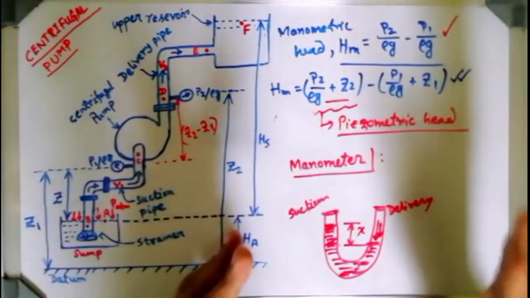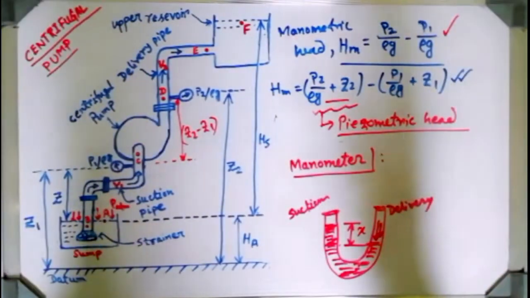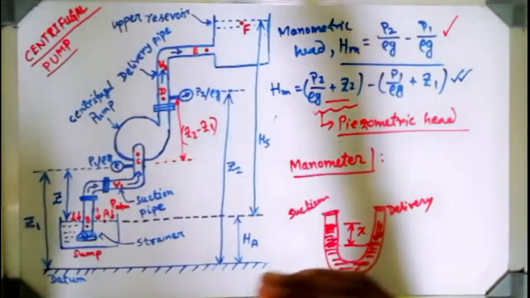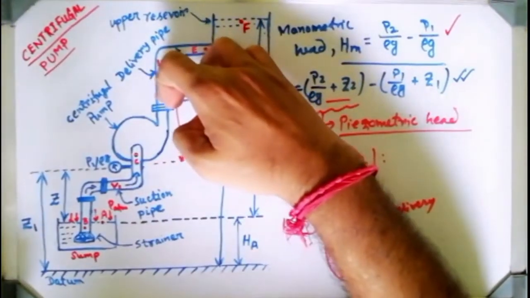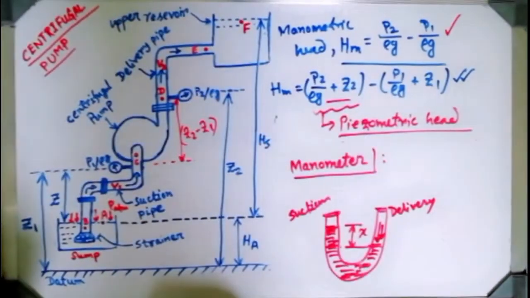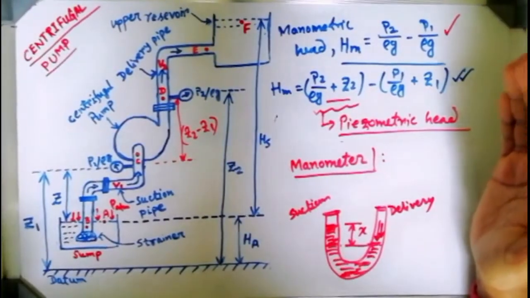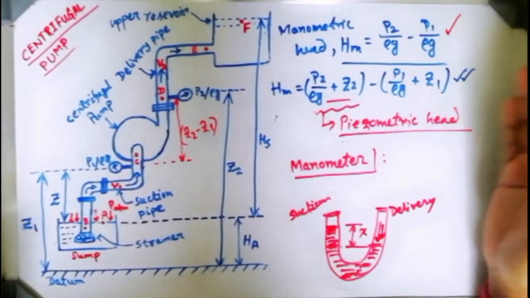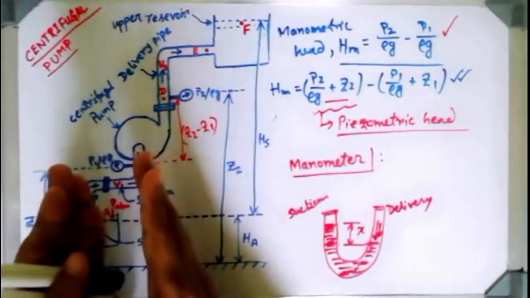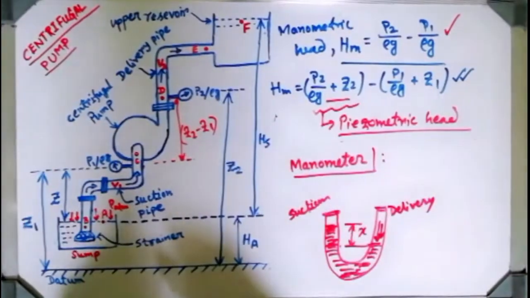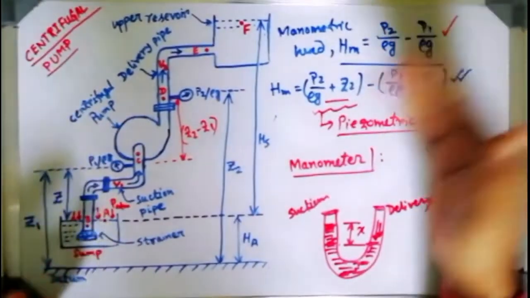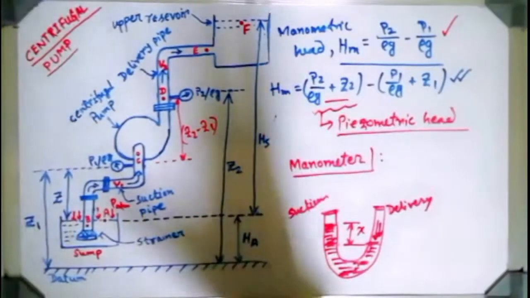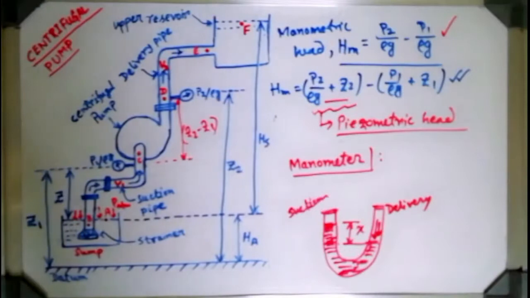Manometric head is nothing but the net head developed by the pump, which is the total head difference between point D and point C. If we do not ignore the velocity head difference or elevation head difference, then the total energies will be there: pressure, kinetic, potential. If we ignore any of them, then you can get this expression or that expression. Now tell me, is there any confusion regarding manometric head or not?